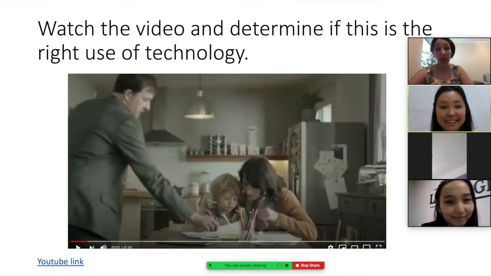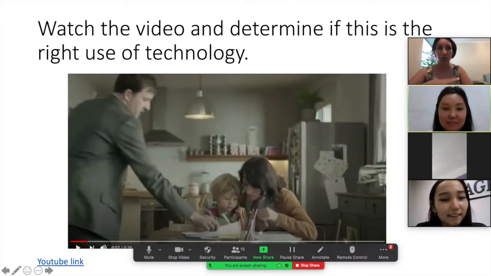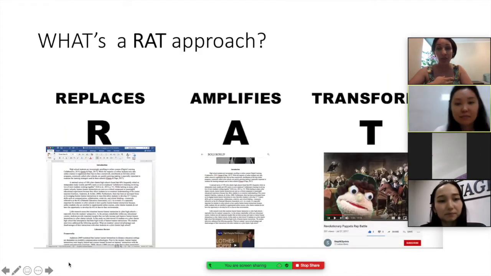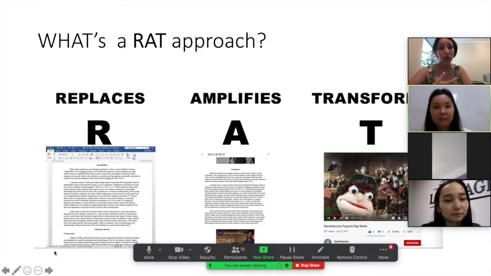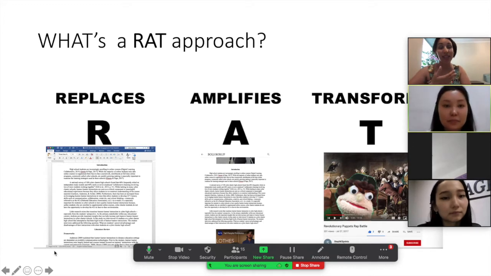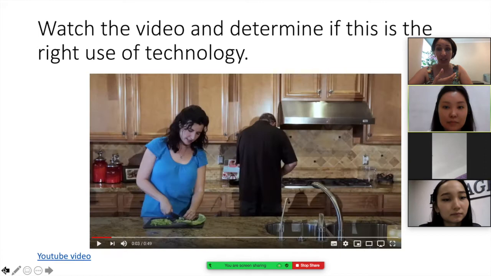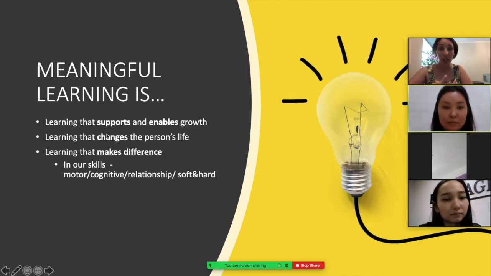Yes, because in the first example, obviously the person was using technology in a totally wrong way. In the second example, the dad was trying to explain how to use the technology so that it makes life easier, so that it actually makes a difference, so that the technology supports, enables, and changes life for the better.